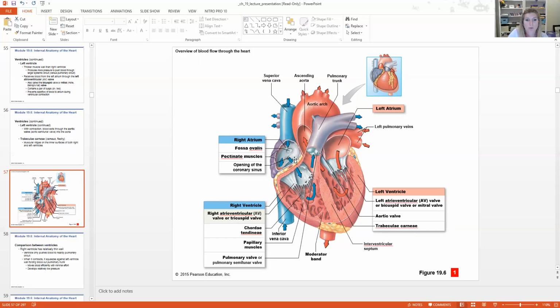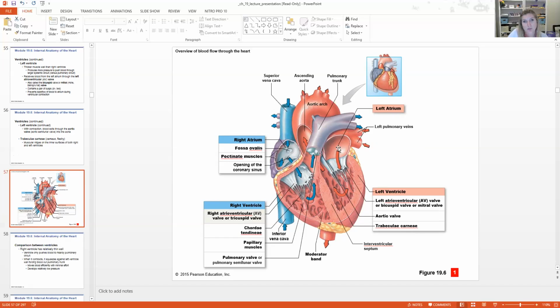From the right atrium, the blood flows through that tricuspid valve into the right ventricle. In the right ventricle here, you can see our right AV valve, or our tricuspid valve. You can see the chordae tendineae, the papillary muscles, the moderator band, and the trabeculae carneae. After the right ventricle contracts, it's going to push blood up through the pulmonary semilunar valve, out of the pulmonary trunk, to the pulmonary arteries, and to the pulmonary capillaries, pulmonary veins, which will return that freshly oxygenated blood back